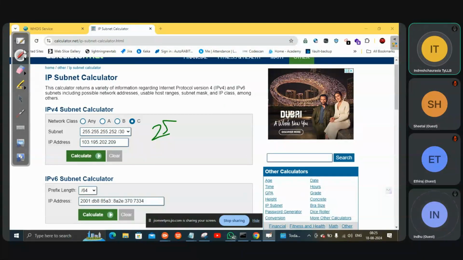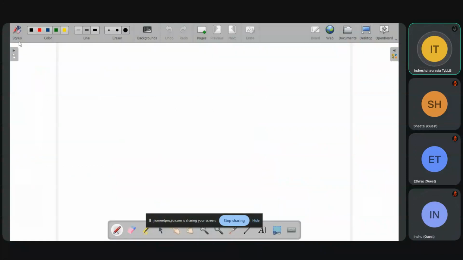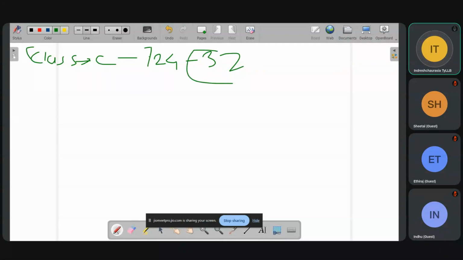Now let's go to the screen. See, class C. If I am to do it again, it is slash 24 till range 32. Why?